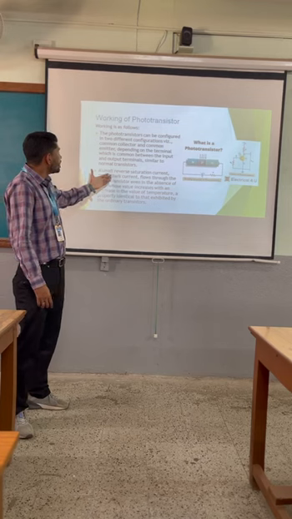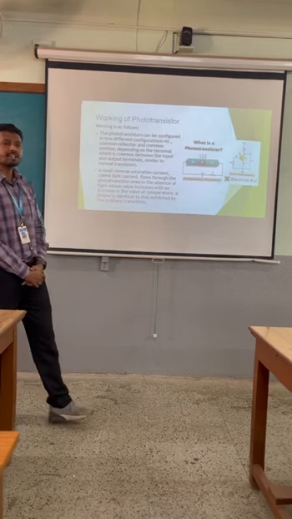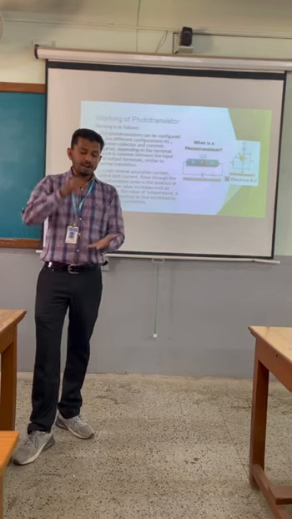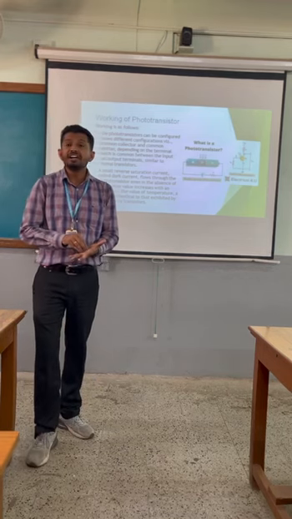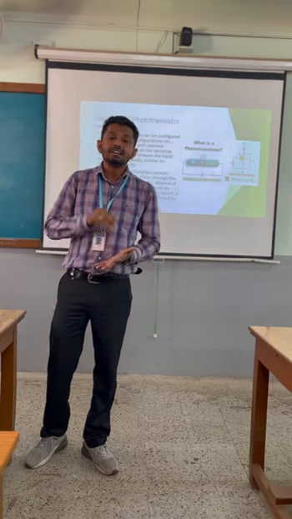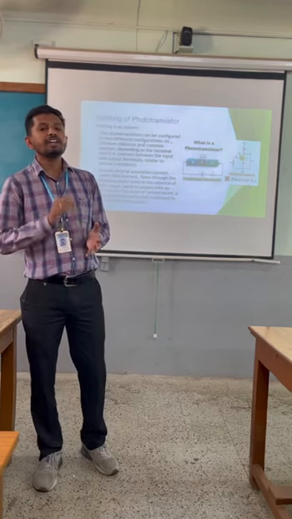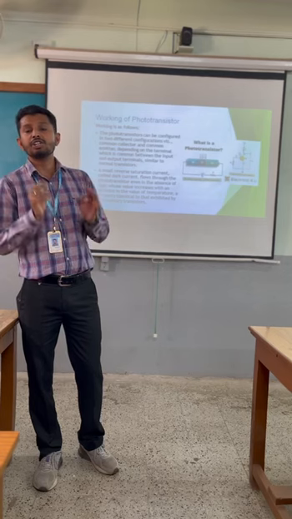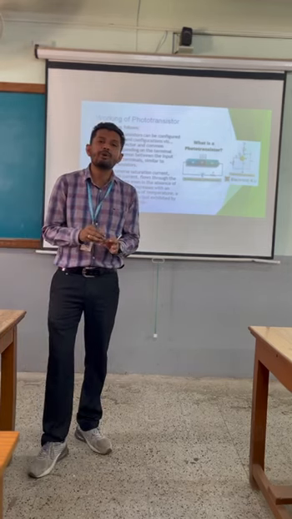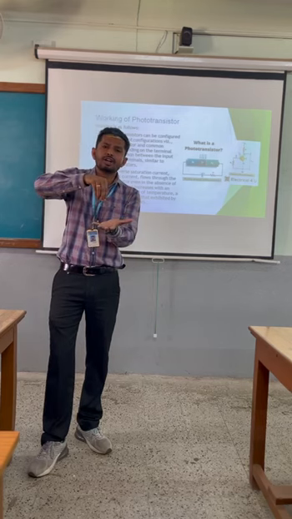A small reverse saturation current is called dark current. Why is it called dark current? Because the VI characteristic clearly indicates it. When the intensity of light is not incident on the phototransistor, some current is produced, which is called the dark current or zero current. Why is it called zero current? Because the intensity of light is not incident on the phototransistor.